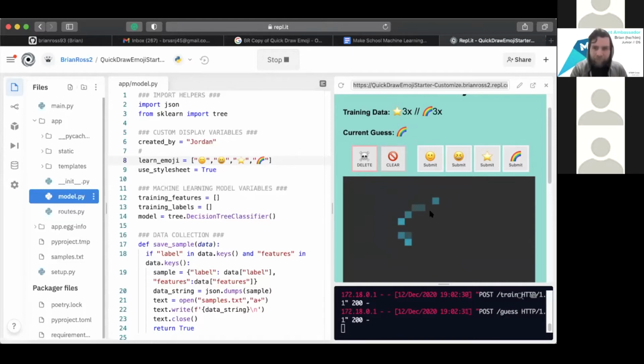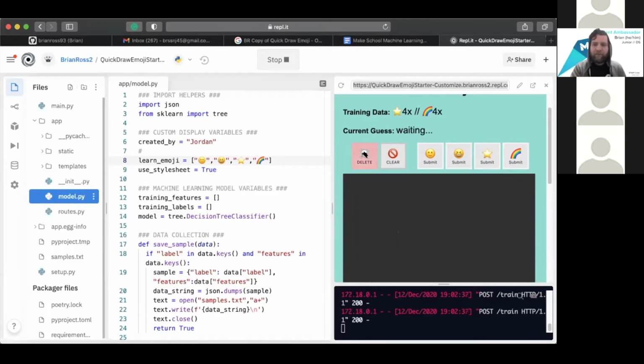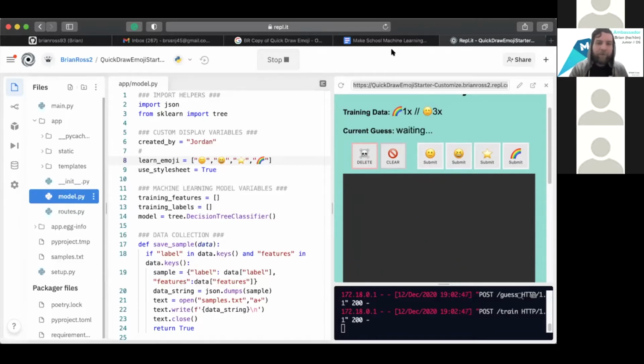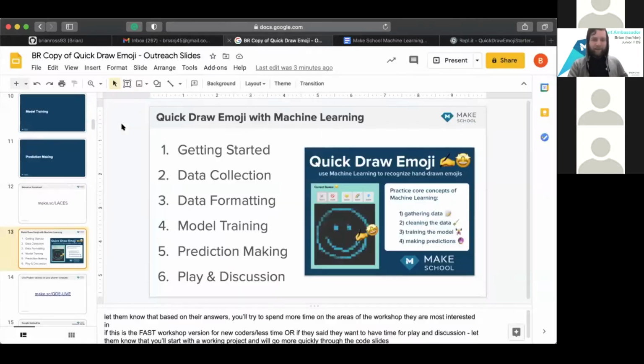If you hit clear, then they're all going to go away, including everything we've put in. If you hit delete, it'll probably delete your most recent one, and then you have to put in your happy faces all over again. So you can keep playing with that. And one more, there we go. Okay, back to the slides, back to the slides.